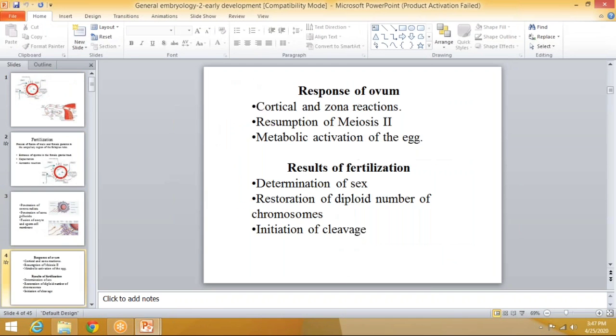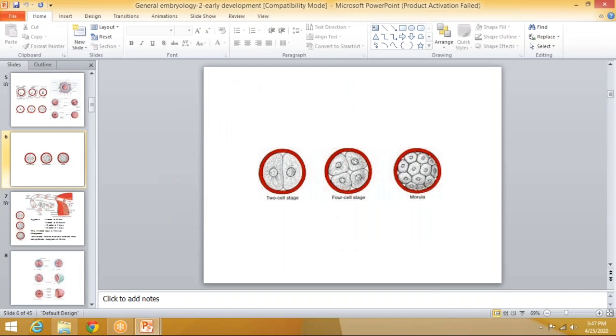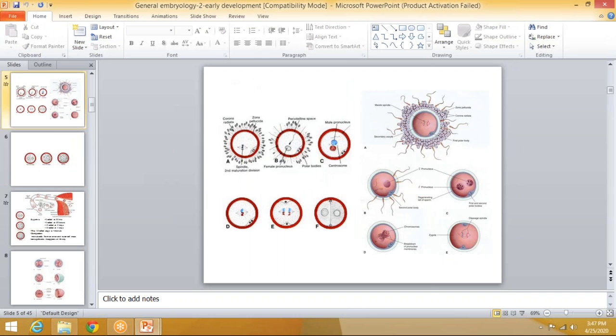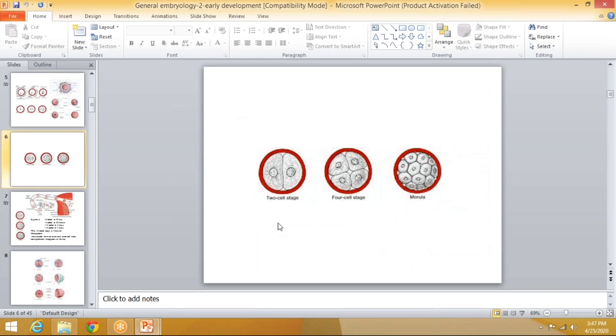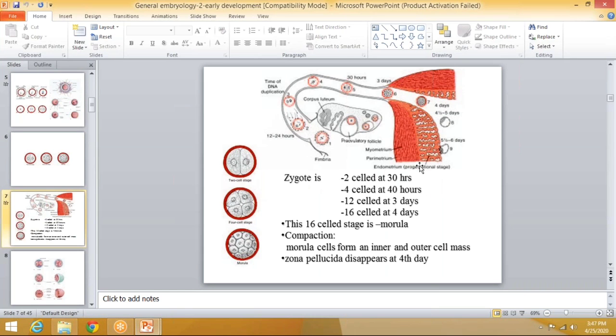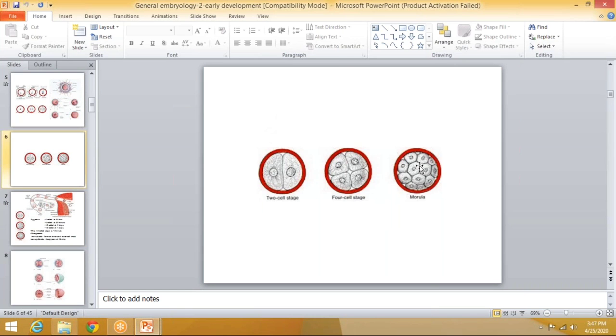So, formation of germ layers. So this is the two cell stage. You're all clear with fertilization, as the sperm fuses with the ovum. It leads to the cell stage. First is the two cell stage. It divides to 4. Then it forms the 16 cell stage known as the morula. Now there is differentiation within the morula. The cells get attached to one side to form the inner cell mass.